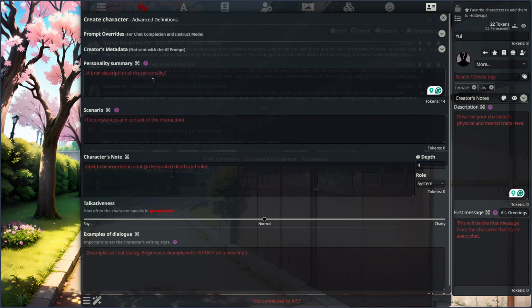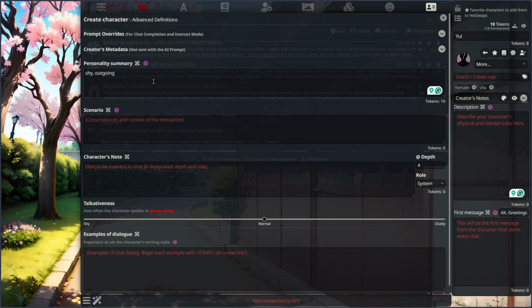The second thing you should know is that you shouldn't make traits contrary to each other. You shouldn't say shy and at the same time outgoing. Of course, this is wrong, because these are contrary. Shy means they shy away from people, so they can't be outgoing at the same time. This will reduce some confusion for the AI, so don't do this.